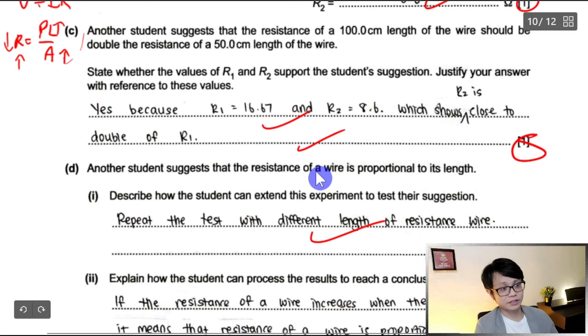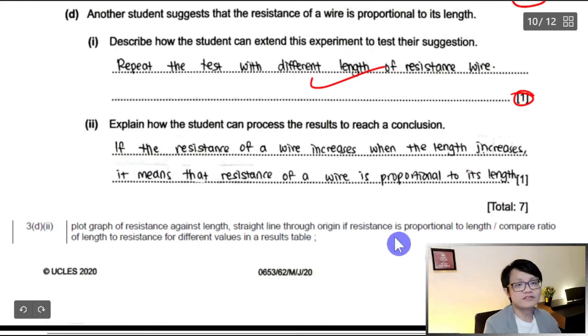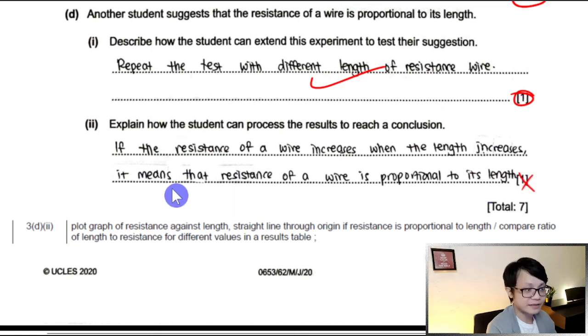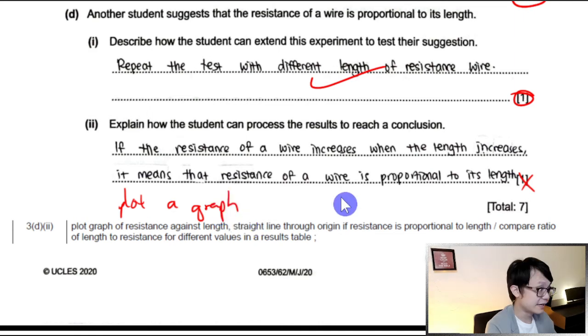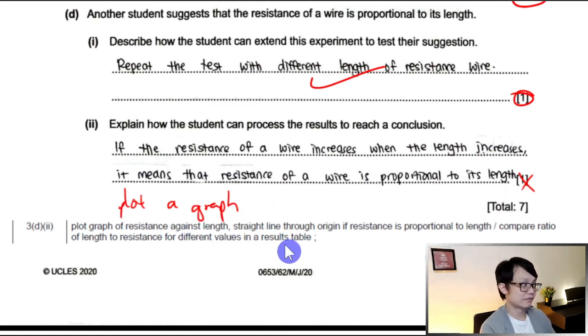Explain how the student can process the result to reach the conclusion. This one I forgot to mark. If the resistance of the wire increases as the length increases, it means that the resistance of the wire is proportional to the length. Okay, this one I gave wrong. I marked it a bit strict, because the better answer will be to plot a graph. Because when you plot a graph, it's easier to see. Of course, you can still see it like this if you say comparing the ratio or drawing a table, but I gave it wrong, because the marking scheme still says plot the graph